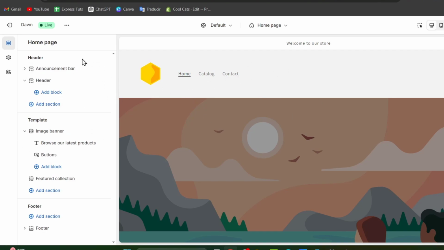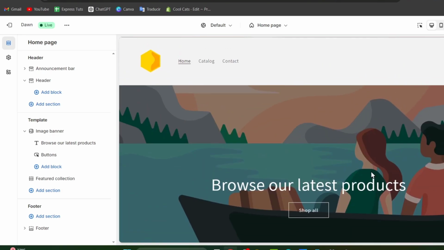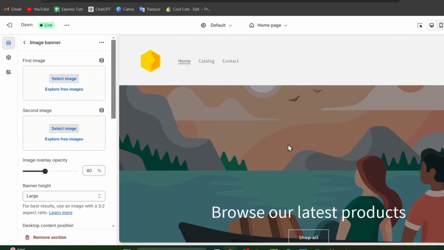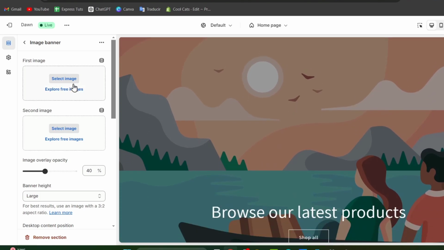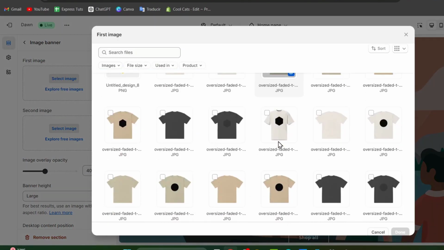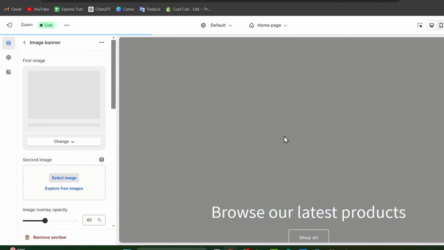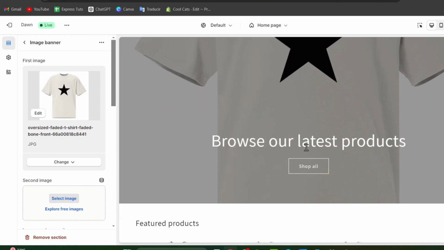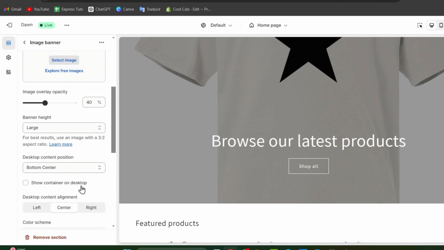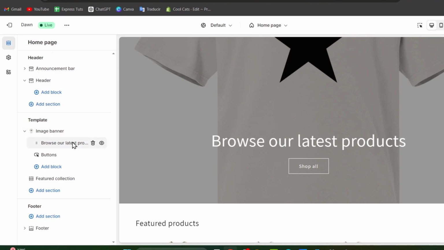Now into the sections of this home dashboard page, we can start by adding, deleting, or editing the sections that we're seeing. For example, here we have an image banner. So this image banner actually looks really great. We can select free images or select an image from our products. For example, let's say that I go and select one product that I have here. And as you can see, here it is. So browse our latest products. I can change this, of course. I can go back. Instead of the image banner, go for browse our latest